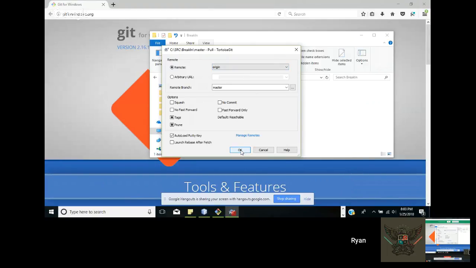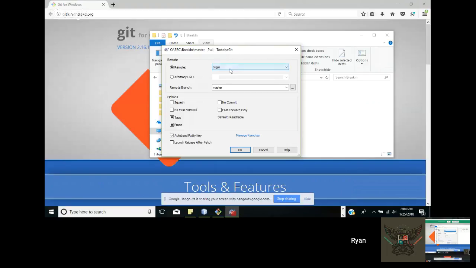Remote. So origin. Wait, no. Okay. Go to the drop down where it says remote. Right here? Yeah, and let's see what's in the drop down. It says origin. Okay, I don't know why it would say that. Git is a new thing for me as well.